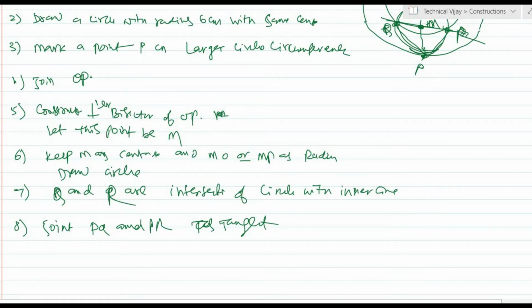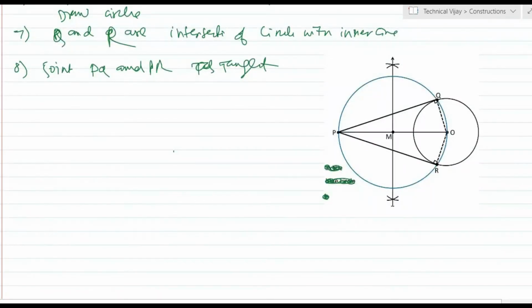Okay. So I will draw the diagram again here. Whatever we have discussed here. So this is the one circle with center O. And here this is the point P, and we have joined PO, and this is the perpendicular bisector, that is point M. So keeping this M as center and MO as the radius, we have drawn one more circle. So this circle will touch this one at Q and R. So we have joined PQ and PR.